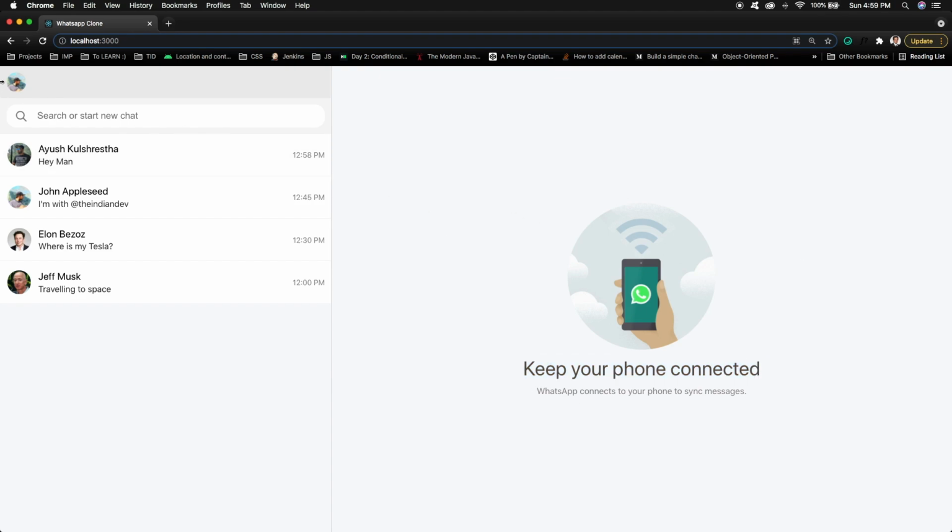On the left side you can see the user's profile pic, and the search box to search the contact list or the messages list. You can search around here, and other than this you can see the contact list from where I can select any of them. If I just want to chat with Ayush, that is again my name,